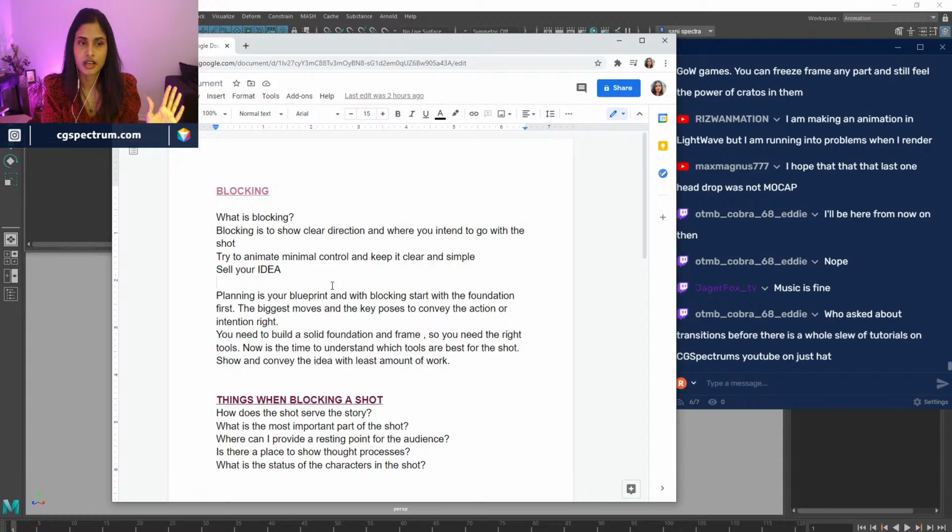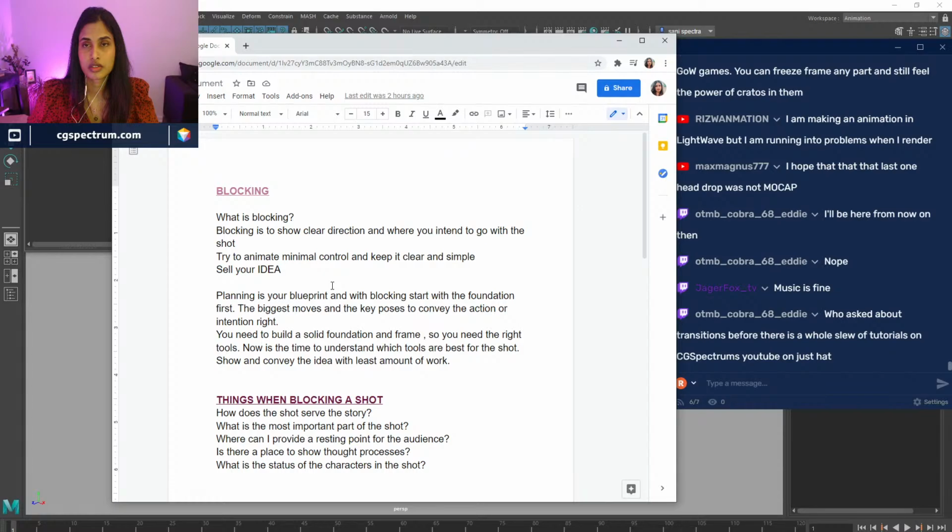That's your blueprint. Then how do you take that blueprint and put it to work? Let's say you bring in the character and you have your blueprint, I want to do such and such shot. Then you see in that character, is the character getting framed only the bust and the head, or do we see the legs and the root and the trunk and everything? If you're seeing the full body, the biggest move is your root, because that's where the whole weight shift and everything you can show. So block that out first.